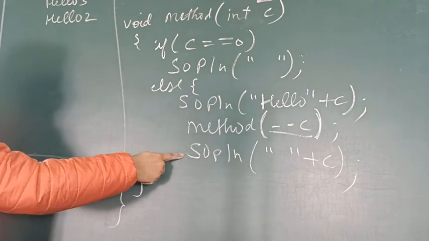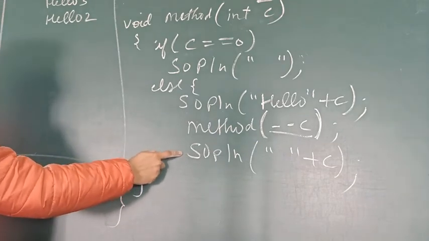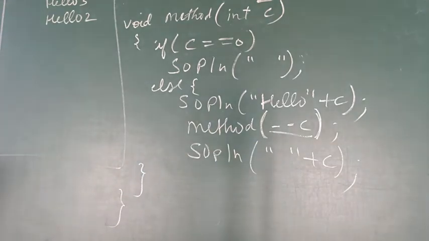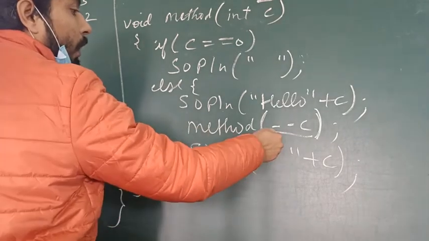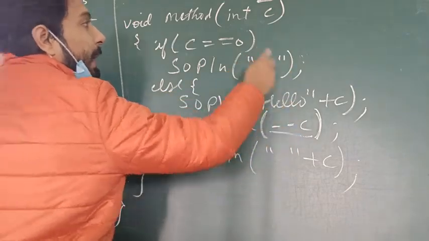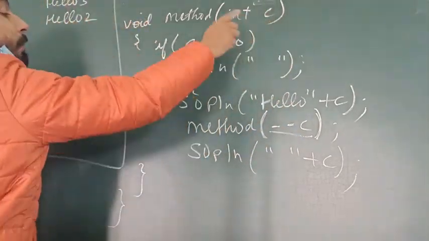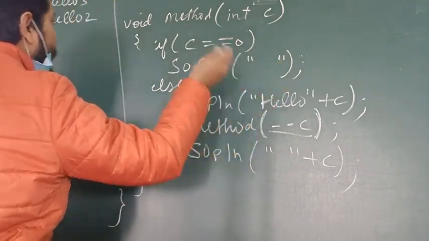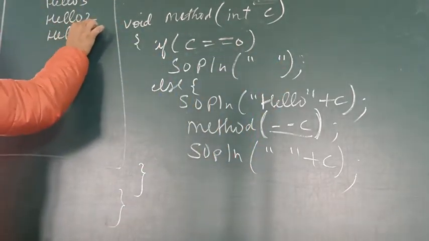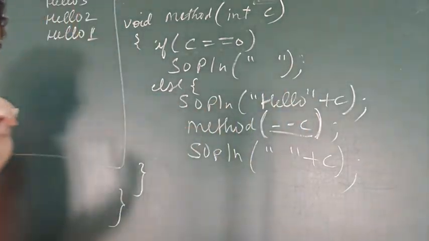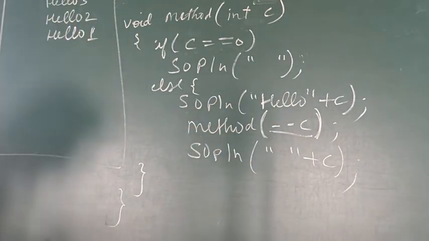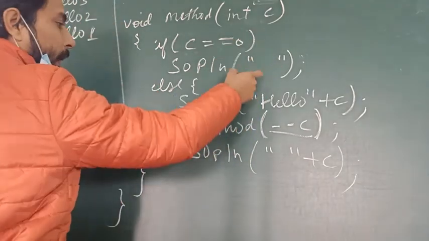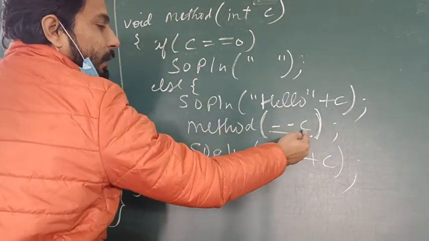Now this function is not executed. ये फंक्शन अभी आपका एग्जीक्यूट नहीं हो रहा है, बट ये आपका स्टैक में चल रहा है. Hello 2. Now it will go to another minus 1. So 2 minus 1, that is 1. C equals 0, condition false again. Hello 1, hello 1 will go. Correct? यहां तक कोई प्रॉब्लम है? नहीं है ना? Now hello 1 will go, then minus C, that is hello 0.